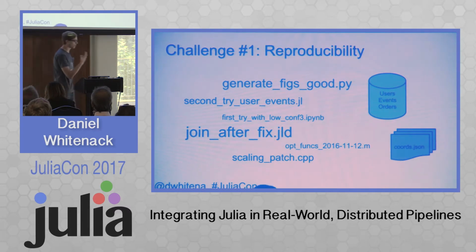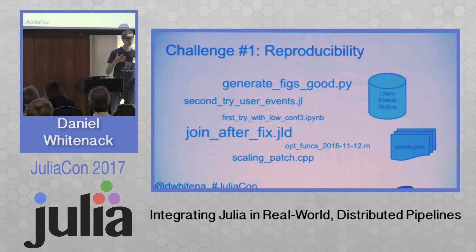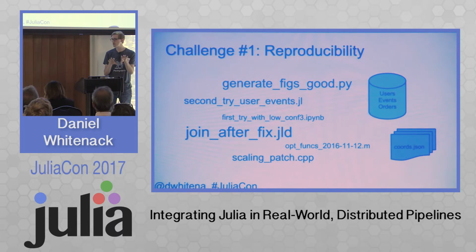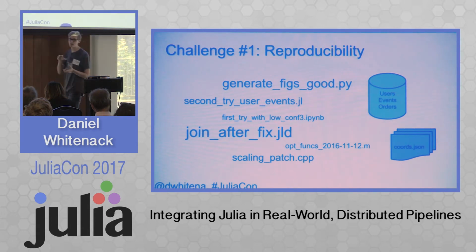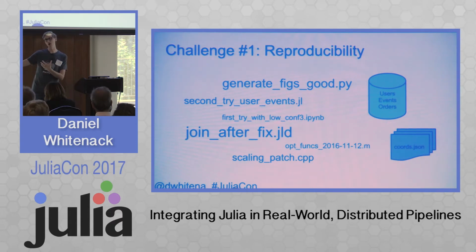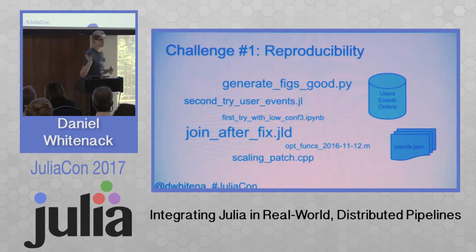What happens over time is you start out pretty simple, and then you develop a bunch of different stages of your processing and a bunch of different collections of data. And then eventually you get into this scenario where you have all of these different things, and you have no idea how things fit together. And moreover, if you even hand things off to another person, it's even harder for them to deduce what you've done. And you end up with these really long names, like generating good figures this time with my second config,